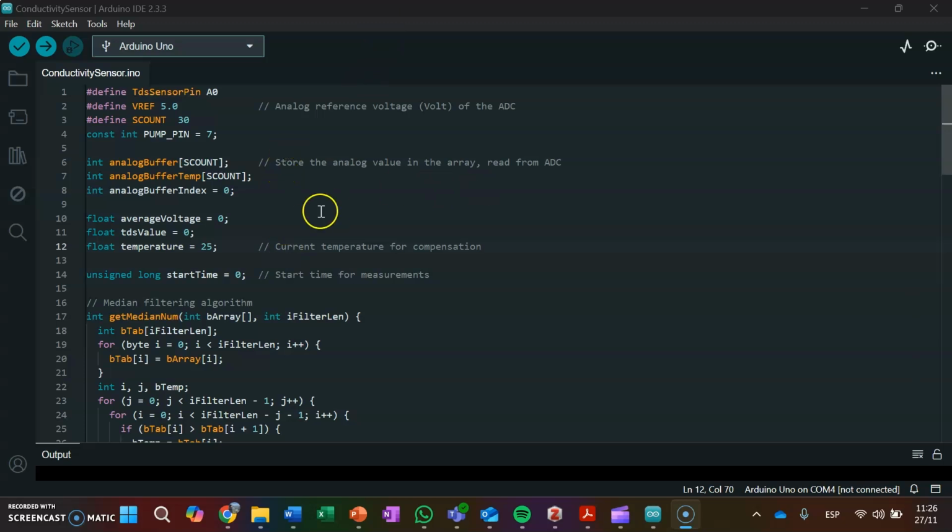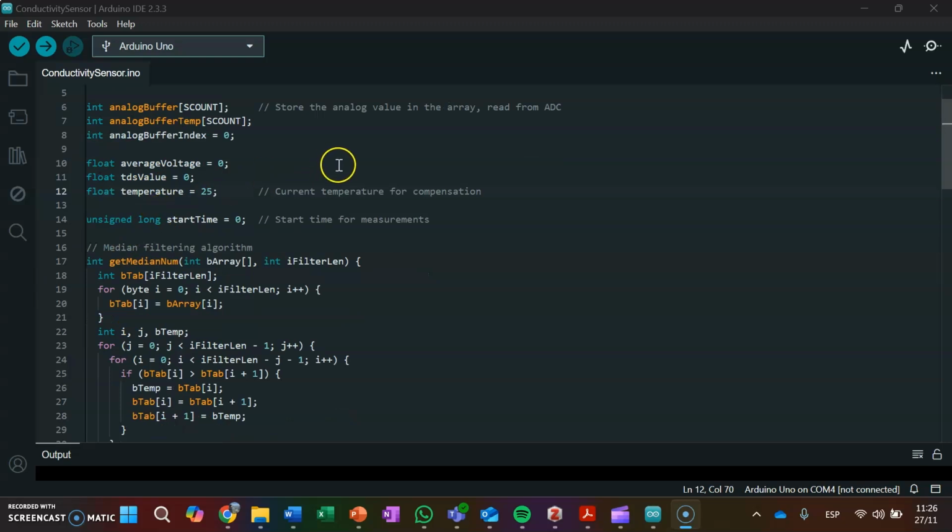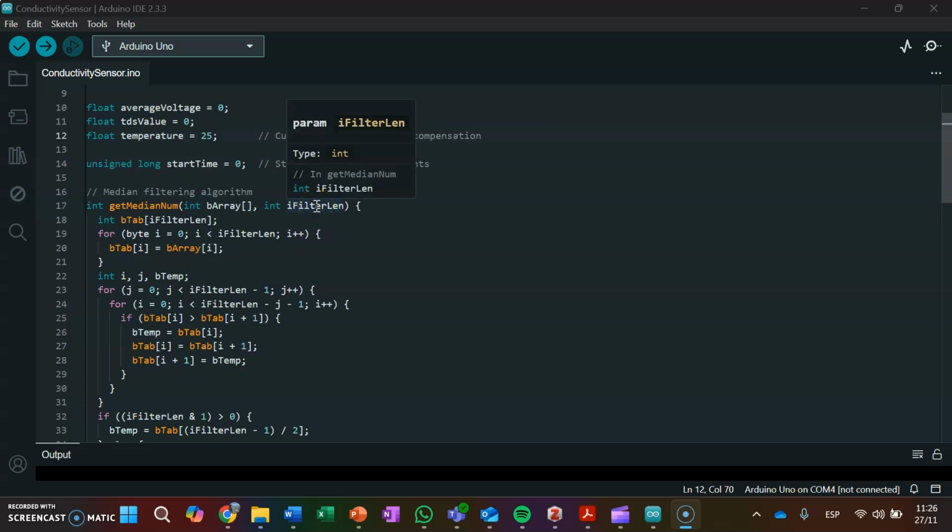Then we have the defined variables as the buffer to generate our arrays where we will store the readings. Then we initialize the variables corresponding to the average voltage, the TDS value, and the temperature that we will use for compensation. Then we use a median filtering algorithm, which will give us a stable TDS value from the array